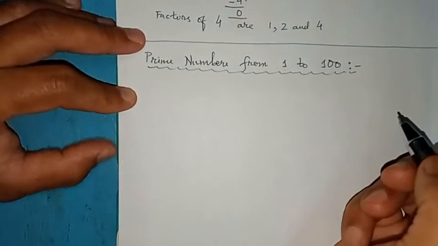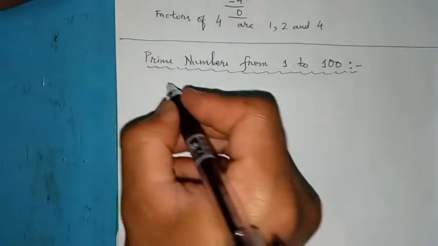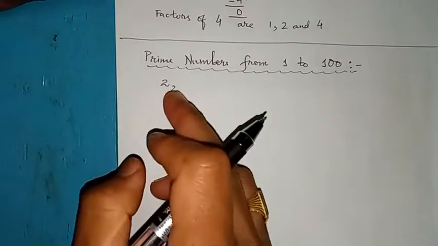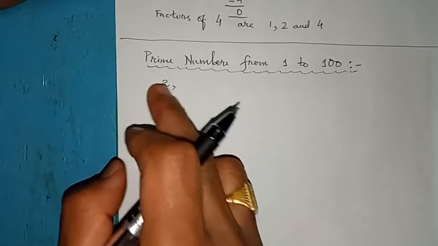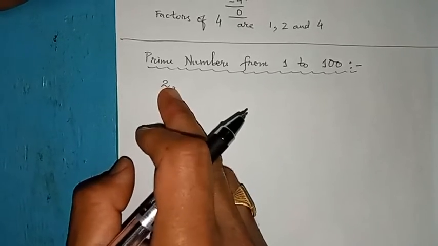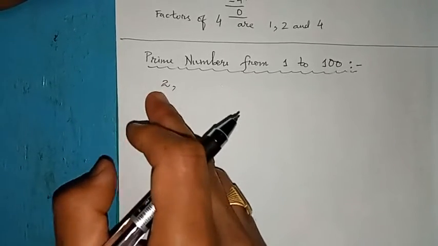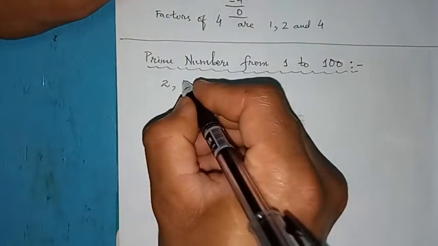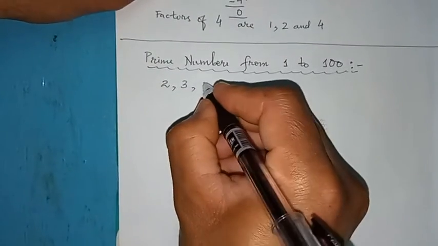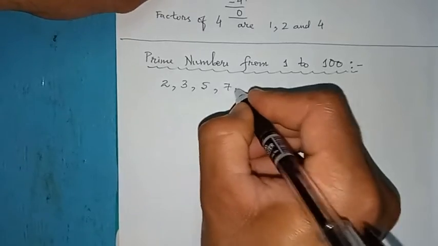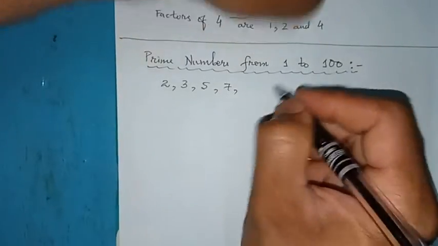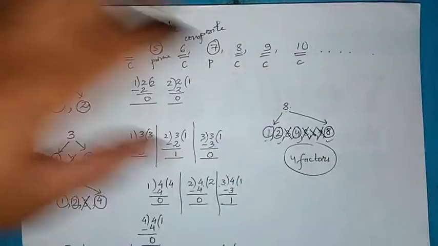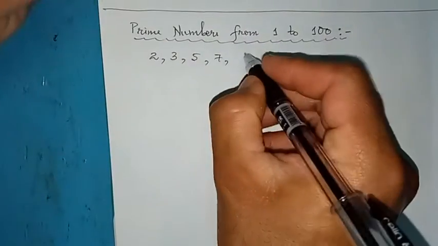As you can see, 2 is the first prime number in the list of natural numbers, and let me tell you one thing, 2 is also an even natural number. So 2 is the only even natural number which is also a prime number. That means it has exactly two factors. After 2, the next prime number is 3, then 5, then 7, and then if you do the same process, you'll find that the next prime number is